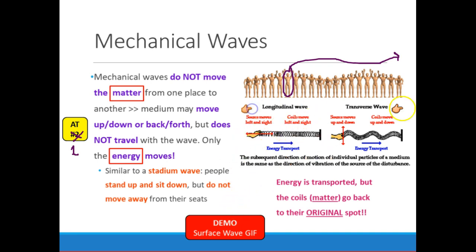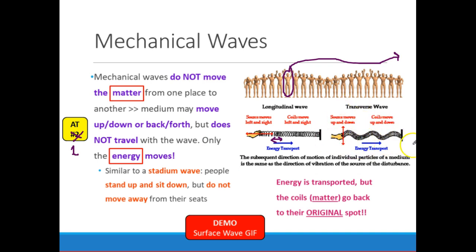So a couple examples that we'll be looking at are longitudinal and transverse waves. We can see this with this coil here, right? In longitudinal waves, the energy is going to the right, but these coils aren't actually being transported to the right. The coils are just shaking back and forth, left and right. Okay, so we can see this right here. These are just shaking back and forth, left and right. And same thing with this.